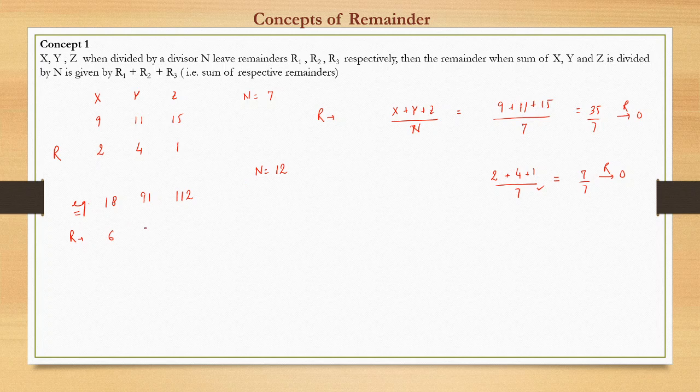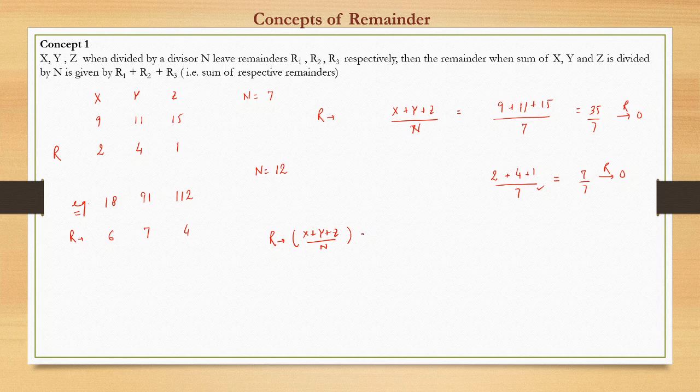Here is 6, here is 7, here is 4. 12 nines are 108, sorry, 96 and 108, yes, so 4 is the remainder here. 12 sevens are 84, so 7 is the remainder here. 6 is the remainder for 18. So now if the question had been to find the remainder of x plus y plus z by n,